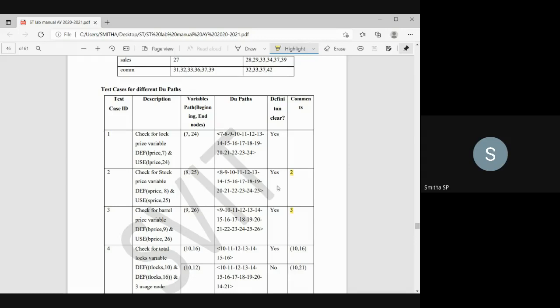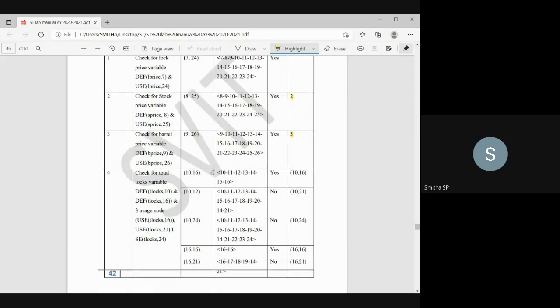Then coming to definition clear, if you go through the program, you can observe that once the stock price is defined at node 8, nowhere else is it defined in between until it has been used at node 25. So the definition is clear.